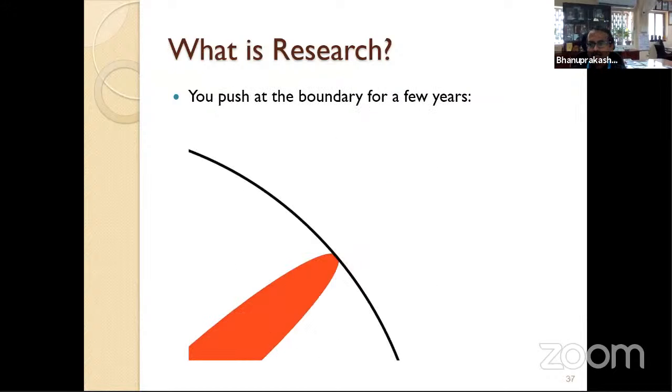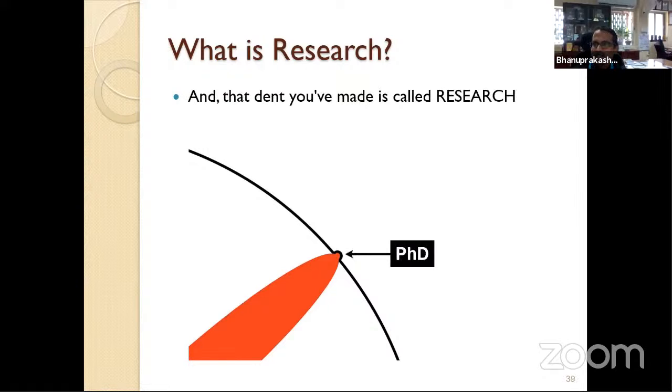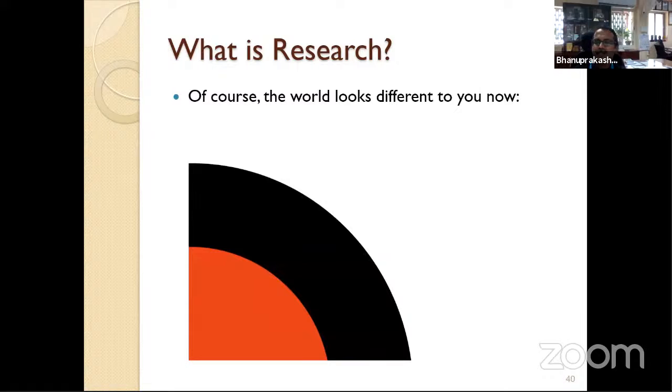Now why do you want to do the research? You want to push this boundary from this place to beyond. That is what we call it: one day when you add some new knowledge to this circle, at least in this area where I am working, let's say in biochemistry or biology or biomedical research, I have added some new knowledge that pushes that circle a little up. That means that is the new knowledge that we have added. Similarly, whether you call it a PhD or whatever it is, it's up to us. But that's knowledge. If you magnify that particular area, you can really feel proud that, okay, I have contributed something to this knowledge that already existed.